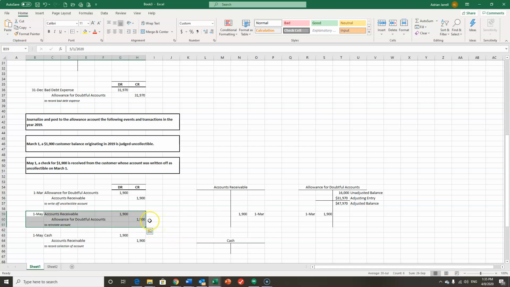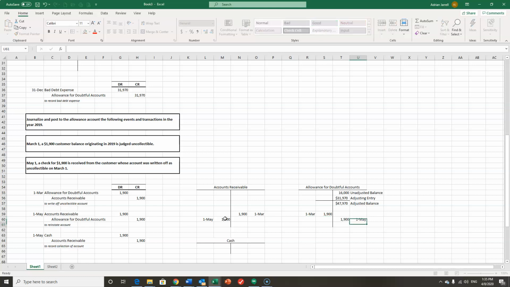Basically, this entry is just the reverse of that entry. The posting would look like this: a debit to accounts receivable and a credit to the allowance for doubtful accounts,